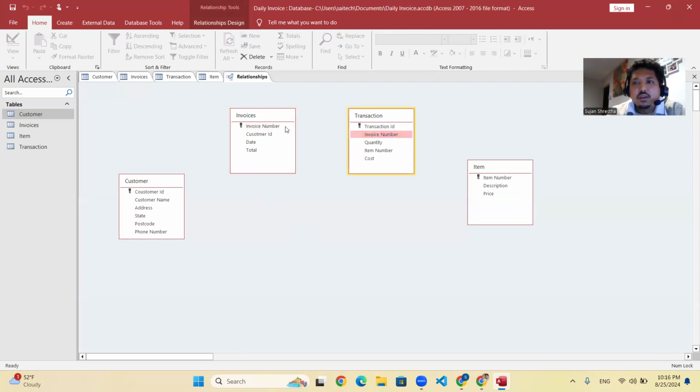Through this we can create a relationship. Similarly, the item number is the foreign key here, and it will create a relationship to the item table. So the transaction table has two foreign keys, invoice number and item number. Similarly, the invoice table has one foreign key, customer ID. So through these tables, we can easily show